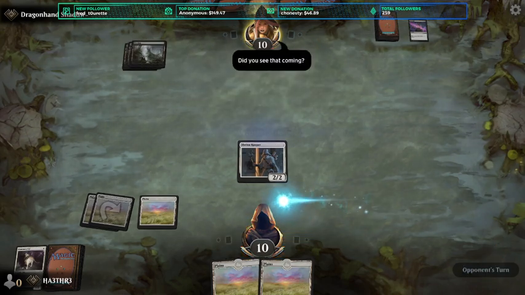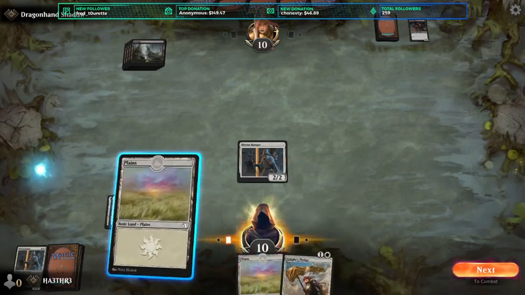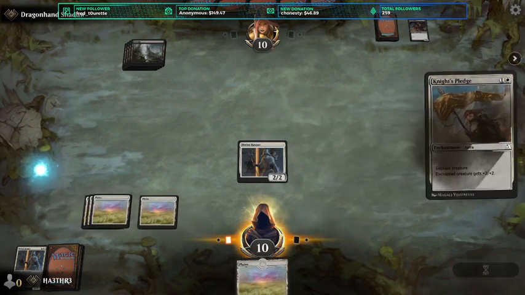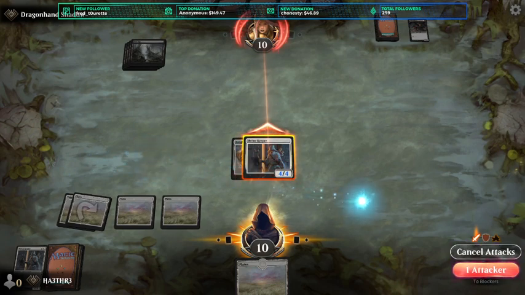Yeah, flash is basically instants for creatures. Just like instants. There's some other terms you'll need to learn that are part of other colors, but...